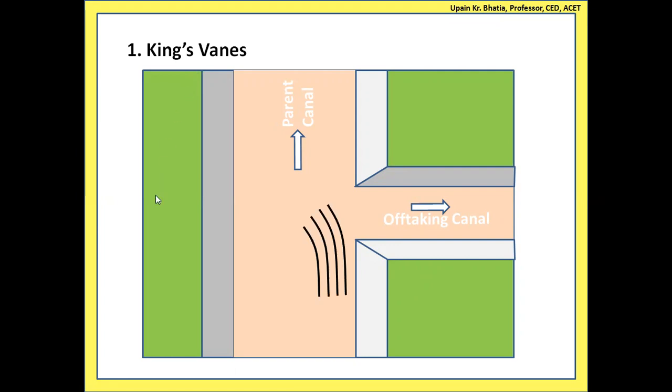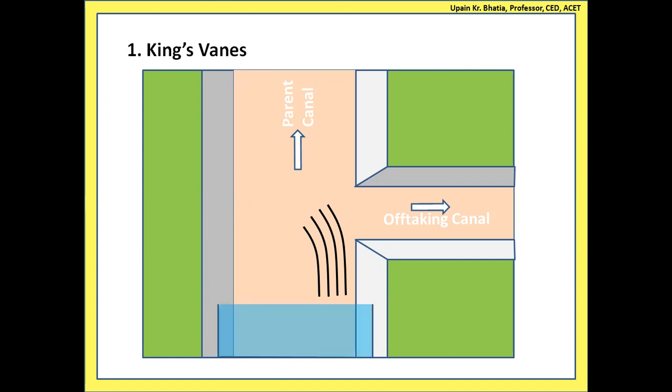And what are the King's vanes? In this fashion, we provide these walls in this portion. These are very thin walls. They are curved walls, all vertical and all made parallel. These are the attributes that you discussed in the previous slide, in the very first point: thin, vertical, parallel and curved. One wall is called one vane, and multiple walls are called vanes, so this S makes it plural. So this is basically a series of walls.